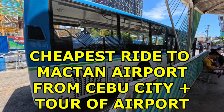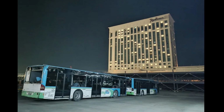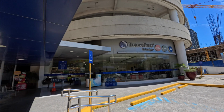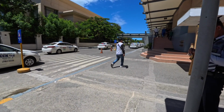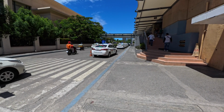The cheapest ride to Mactan Airport from Cebu City is Mybus, and the Mybus terminal. They've got several destinations out of Cebu City. This is the international terminal on Mactan Island. But anyway, their terminal that takes you to the airport is located right across the street from SM Mall in